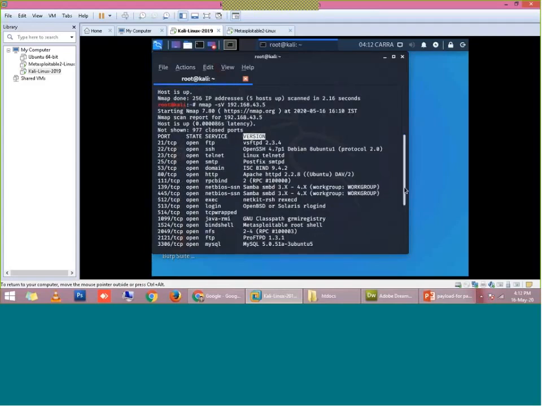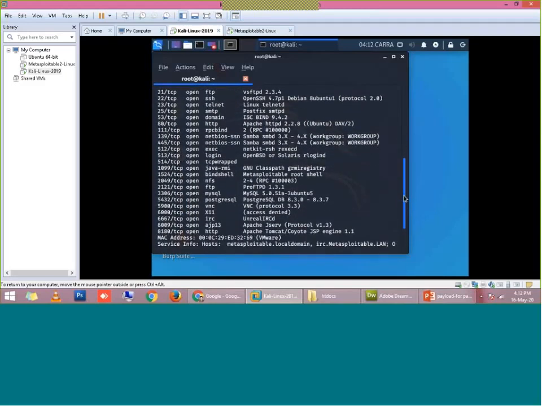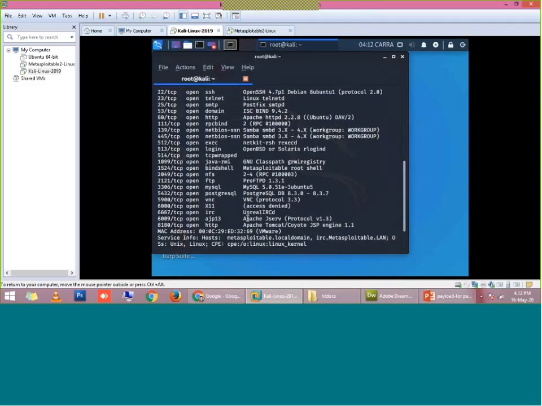So this nmap command is used to get information about all the services and their versions. So you can see it is showing that Apache is running, right? Apache version 1.3 is running, right? MySQL is also running there, right? Apache Tomcat is running, Samba is running.